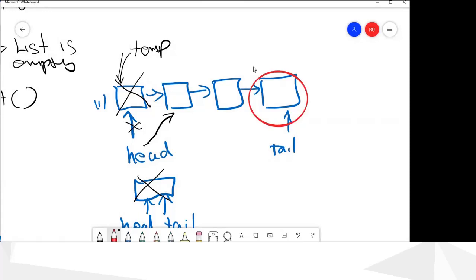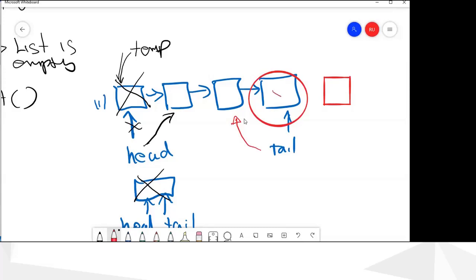Since we have only forward links, we cannot delete this node as easily. We can insert an element at the last end of the list, but we cannot delete this, because after deleting, we have to make the tail pointer point to the node before the last one.